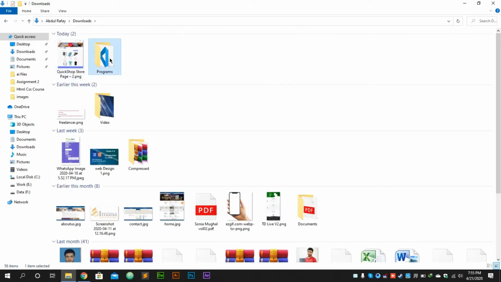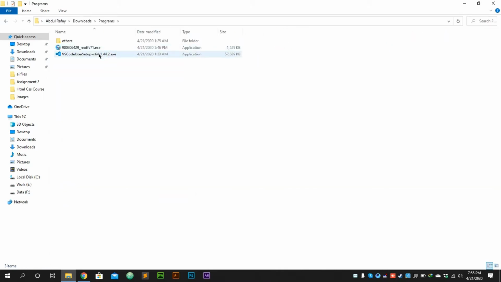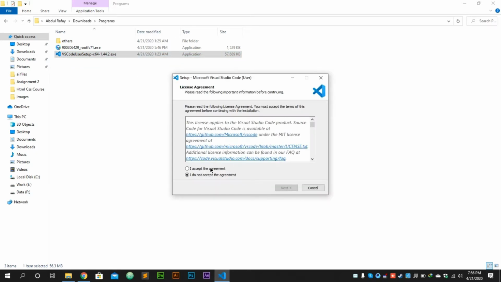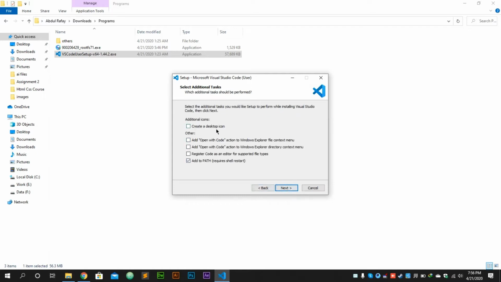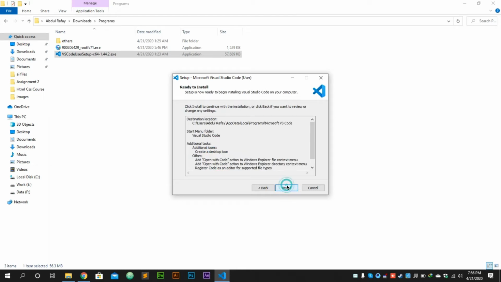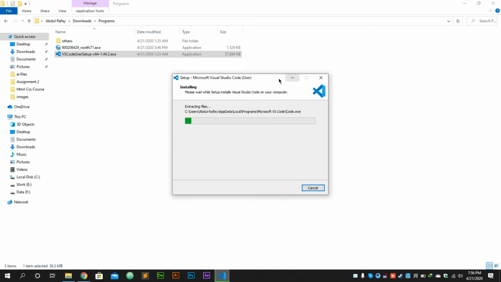When your download is finished, you have to install it. There you have to take all the options and install it.